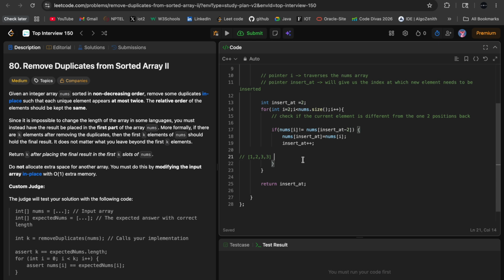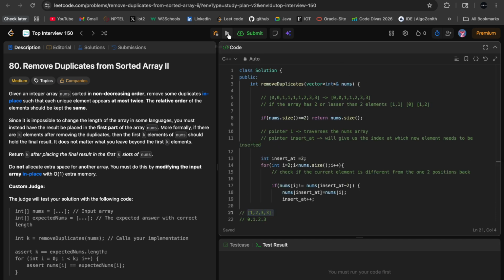So if there were more numbers to insert, they would be inserted at position 4. By position I mean index, okay? So at the end of the for loop, when the entire nums array is traversed and all the processes are done, insert at will still point at the next index at which a new element, if there was one, needs to be inserted, right? So at the end of everything, it will still point at the fourth index over here. This is a 0 indexed array, so 0, 1, 2, 3 are the indices, right? So when we return 4, this essentially is the size of our final nums array. So that is why it works, okay?